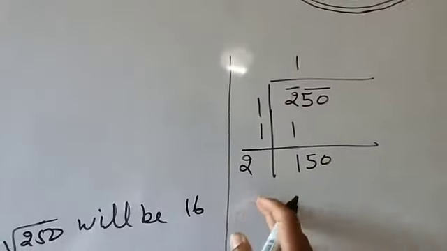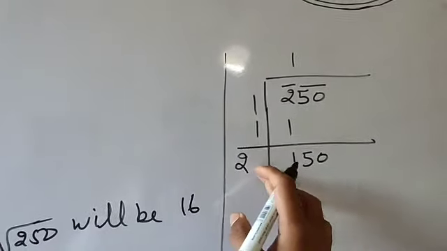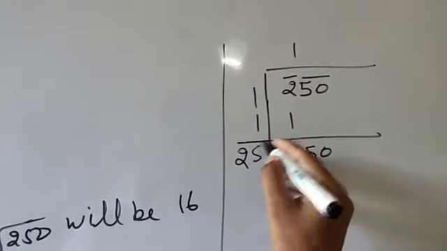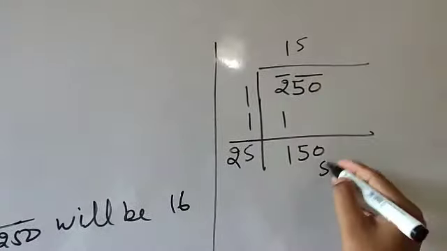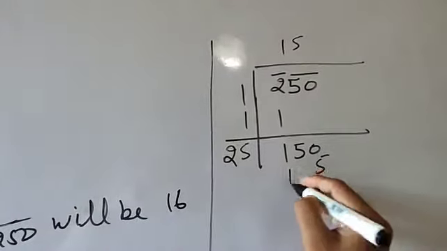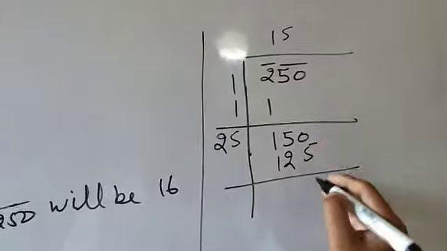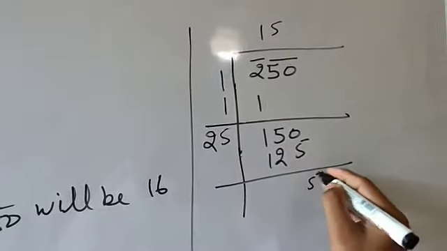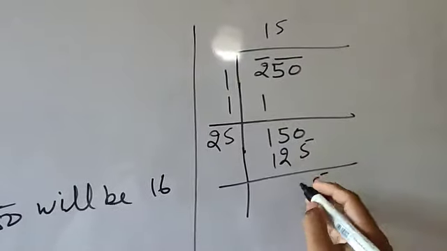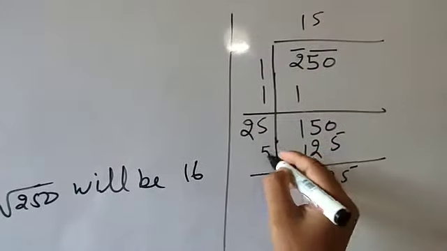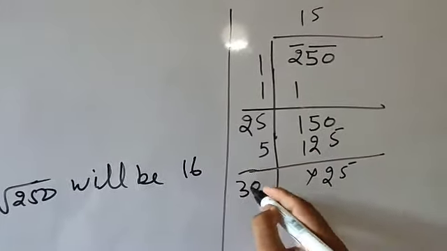Then how many times? If I put 6, 6 6 ja 36, 6 2 ja 12, 312. That will be greater. So here 5: 5 5 ja 25, 5 2 ja 10 to 125. Now here 10 minus 5, 5. Here 4 minus 2, 2. Now it is cancelled. Now again you will put 5 here and here 25 plus 5, 30.